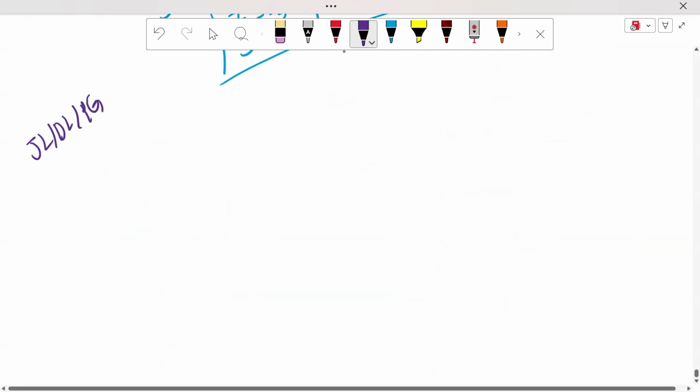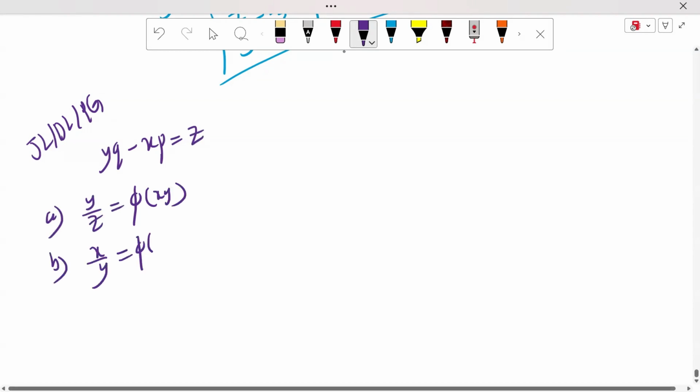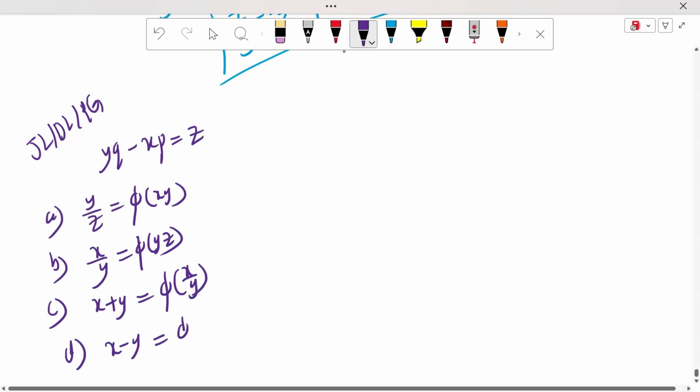So what is the question here? Yq minus xp is equal to z, sir. Option A, y by z is equal to phi of xy. Option B, x by y is equal to phi of yz. Option C, x plus y is equal to phi of x by y. Option D, x minus y is equal to phi of yz. These are the options. The given question is in the form of Pp + Qq = R, here minus x into p plus y